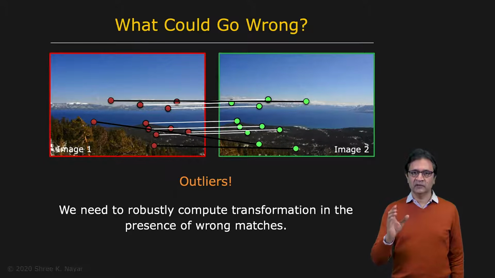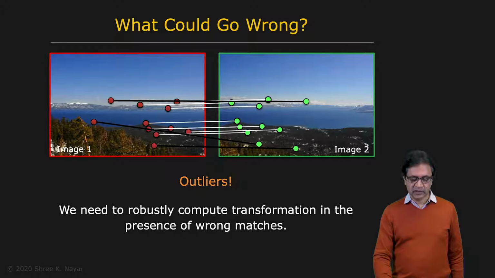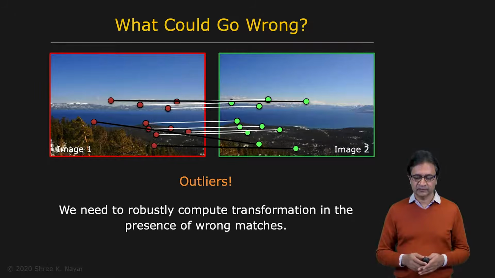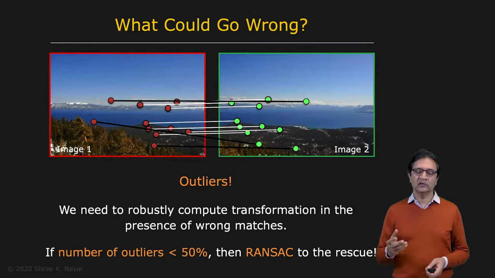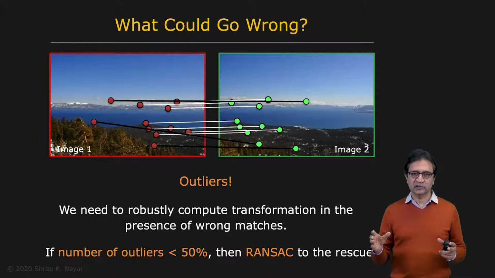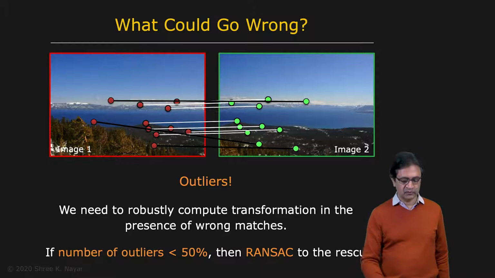So we have outliers in this set of matching pairs of points, and the question is, how do you compute a homography that's valid in the presence of these outliers? So that brings us to this technique called RANSAC. RANSAC was developed in the early 1980s or so in computer vision, but has broad implications. It can be used to solve many different problems where you have an outlier problem.